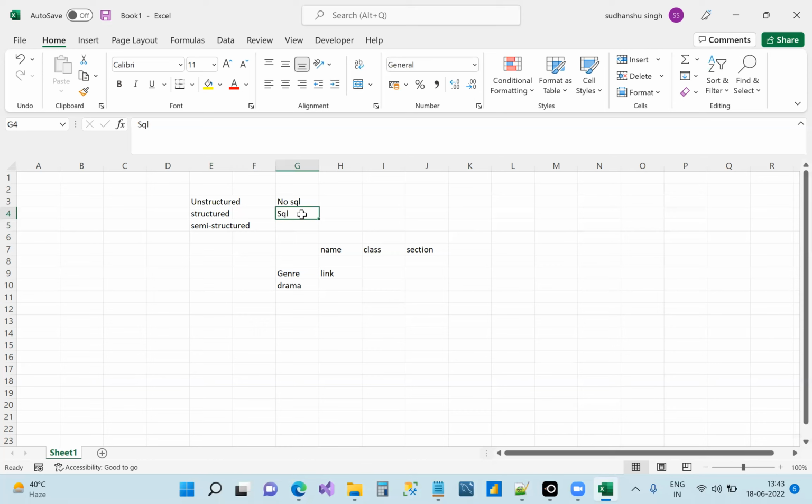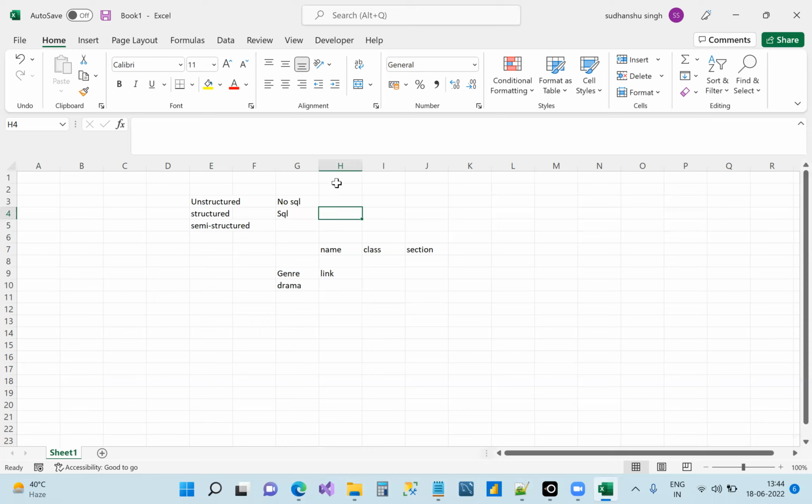That is the reason when you learn SQL, no matter from where you learn, some people will tell you to learn from MySQL Workbench. It's a platform where you can write SQL code. Some people will tell you that you can learn it from Microsoft SQL Server, SSMS. So it's a platform. You can learn anywhere: MySQL Workbench, SSMS, or PostgreSQL. The popular platforms, I'll tell you what they are.